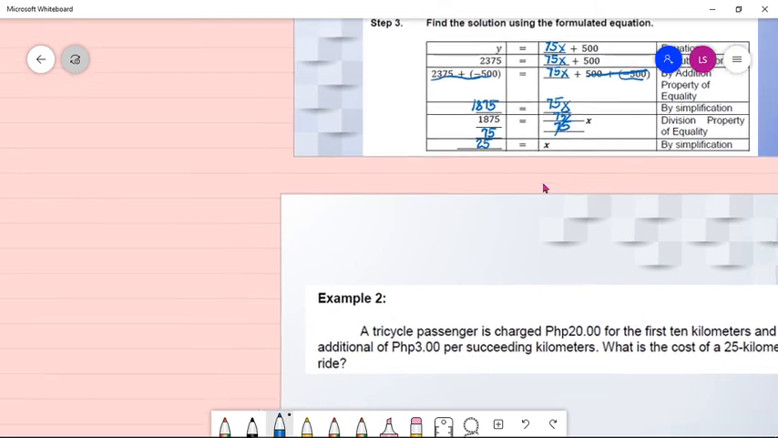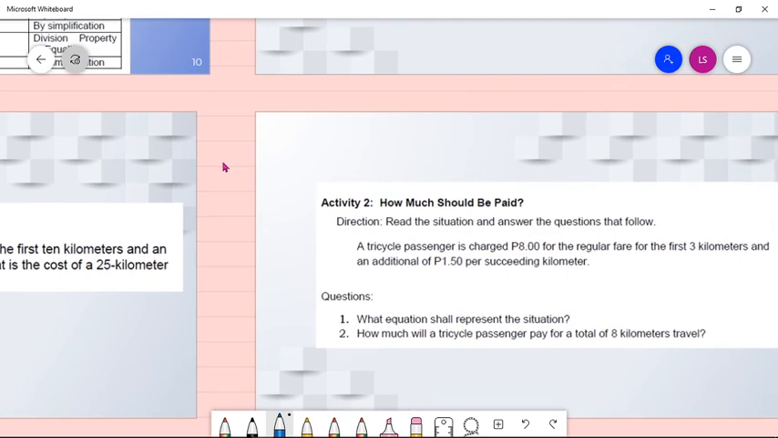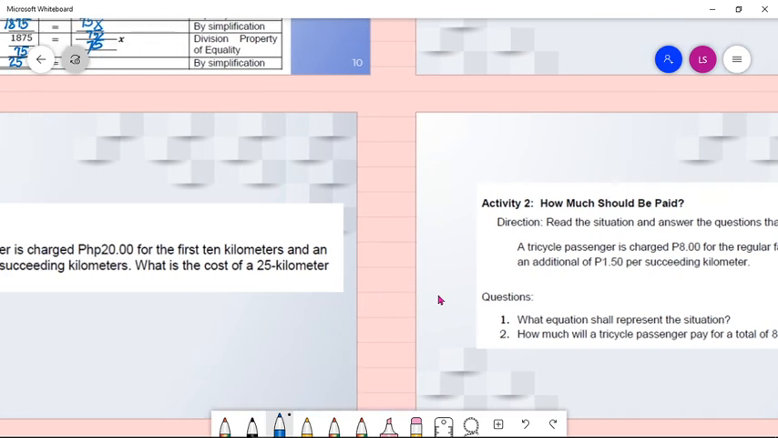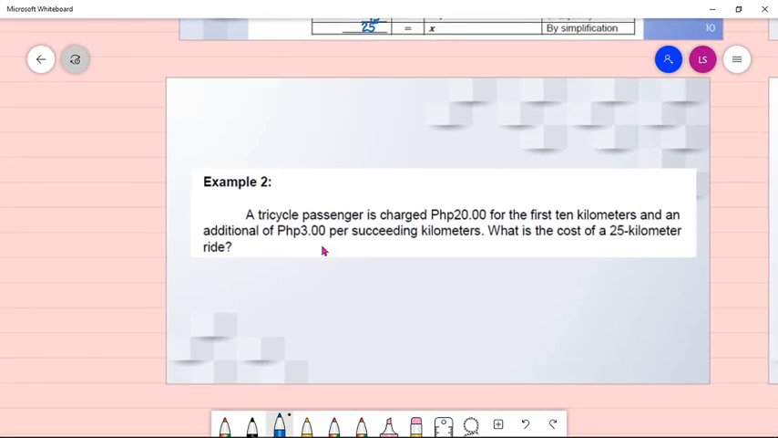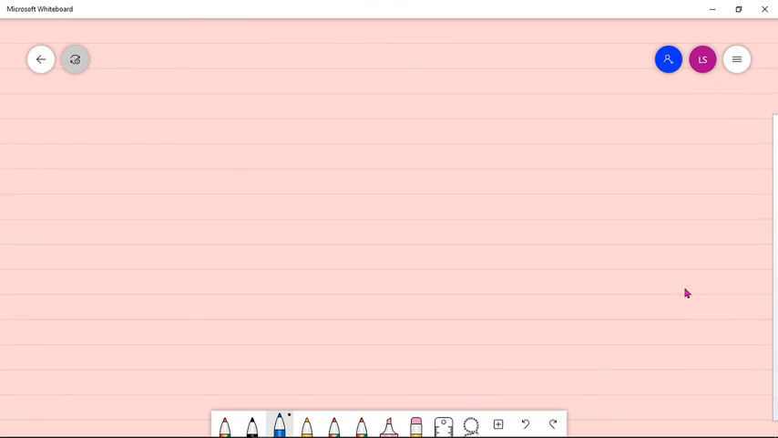Now, let's have another example. This one is not in the activity. This is our example number 2, which is similar to what you will do for Activity 2. I will give a pattern so you will have something to answer. Okay, let's read example number 2. A tricycle passenger is charged 20 pesos for the first 10 kilometers and an additional 3 pesos per succeeding kilometer. What is the cost of a 25-kilometer ride? So here, for step 1,